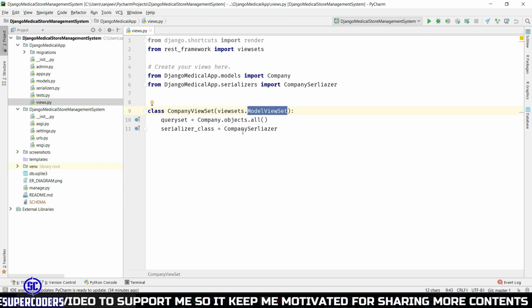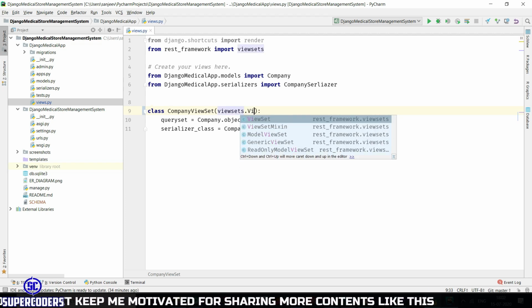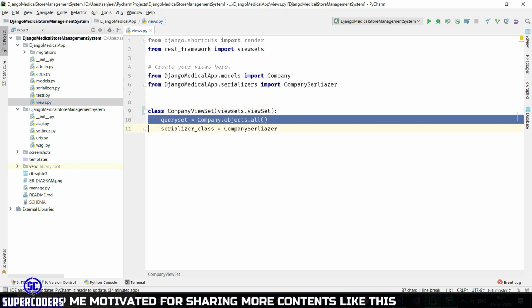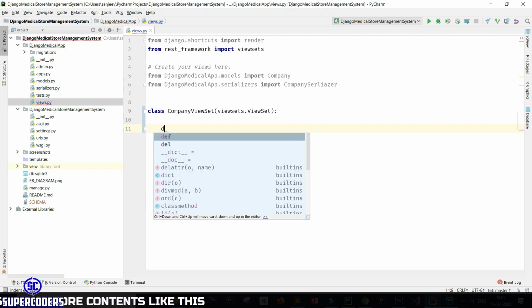So let's do it. First, changing this viewsets.ModelViewSet, remove this and extend it to viewsets.ViewSet. Now delete this. Then get method. For fetching all the data using get, you need to define list.